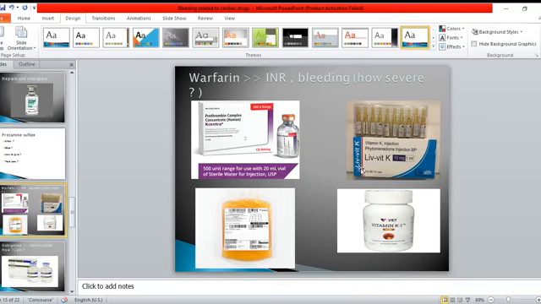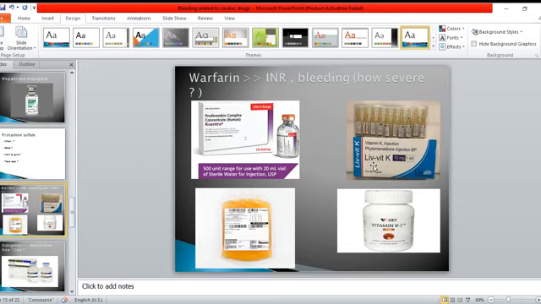Vitamin K takes a few hours for the onset of action, and needs about 24 hours to have a full effect. So vitamin K is given as an adjunct to fresh frozen plasma or prothrombin concentrate in case of major bleeding. Okay, so the message from this slide: never ever give rapid IV vitamin K.